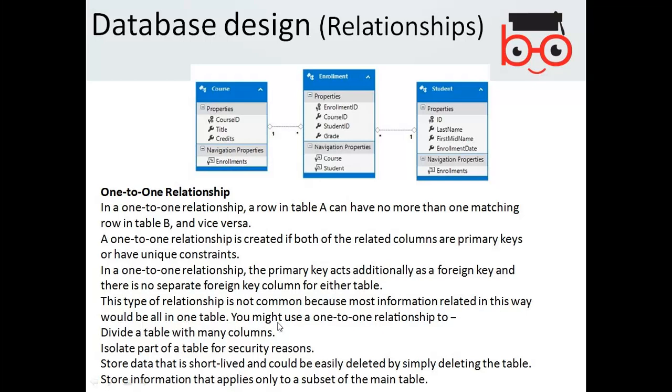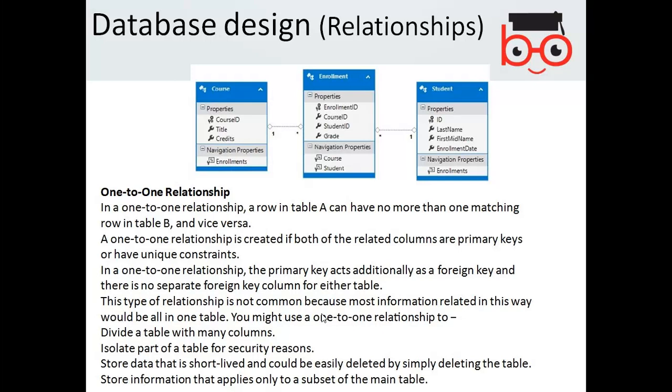So basically, one-to-one is a kind of relationship, like one course has a particular relationship with particular student, but that's not useful. If you are only, let's say, storing the information of one student and particular course allotment, then it's not helpful unless that information is being held somewhere else.